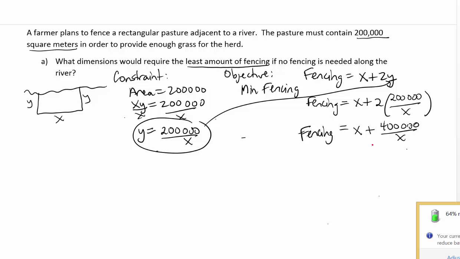We did that because now we need to find its min. We want the least amount. So where does this have a min? You want to be asking yourself, is this something I could do by hand? And the answer is no, because this is not a quadratic function. When you're dividing by X like this, that's not a parabola. So the only way to find the minimum of this function is to do it with a graph. So we're going to pull up our calculator,